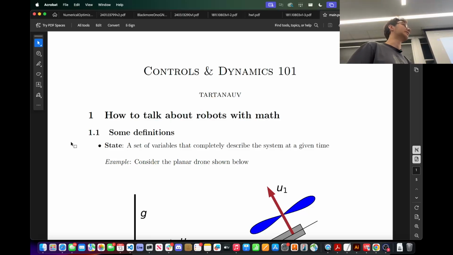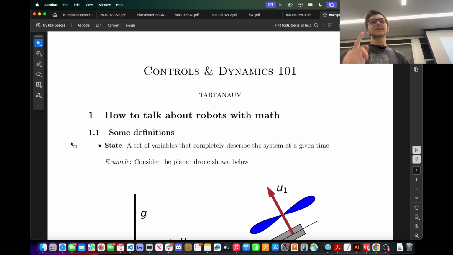Aside from doing this sort of stuff with submarines, I've also had experience with aerial vehicles and rocketry, and a lot of the concepts that we're going to talk about today are very widely applicable. They're not specific to the sub that we work on. That goes with a lot of the skills that you will develop if you join this club. They're very widely applicable throughout robotics, and not just tailored to our specific vehicle. And so I'm going to try to give you guys a little flavor of that with some basic examples